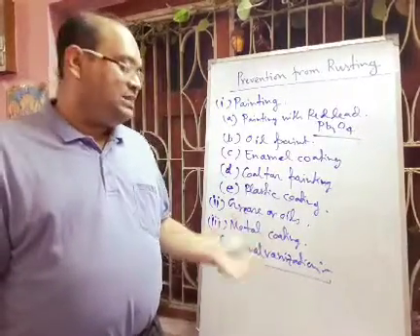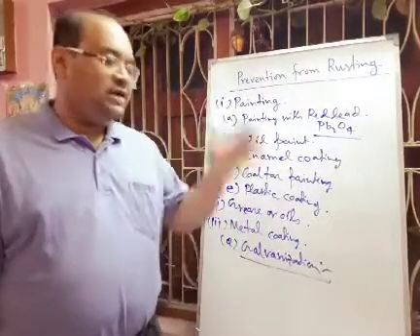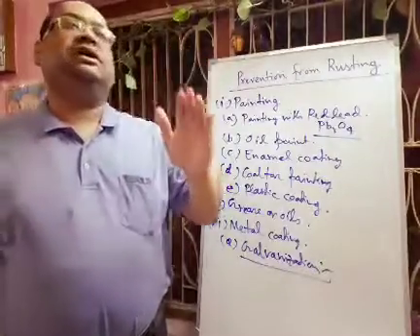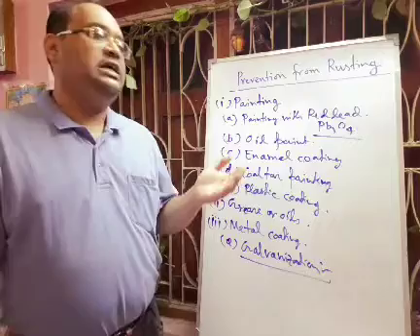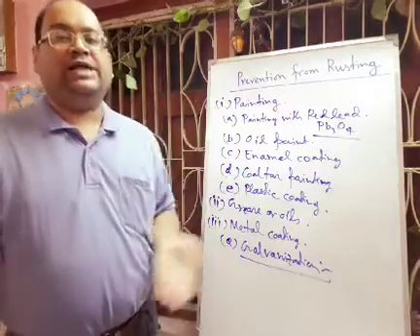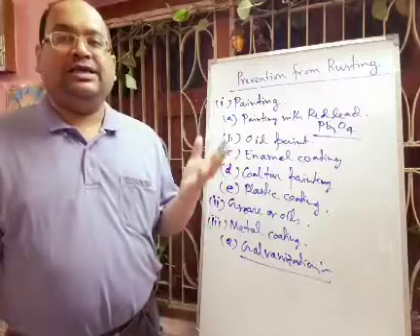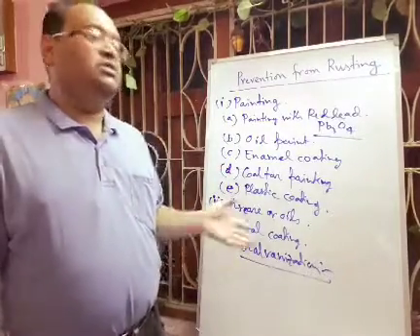Now what is the function of zinc here? Zinc is more reactive than iron. If you look at the metal activity series, you will see that zinc is placed above iron. So zinc will corrode, or react with acid or oxygen, but keep the iron surface safe from corrosion. In this way it will work.